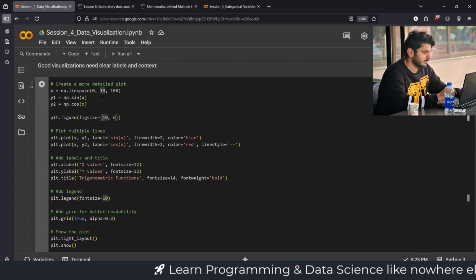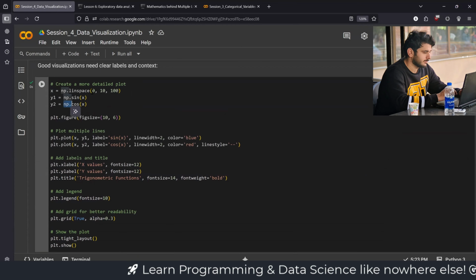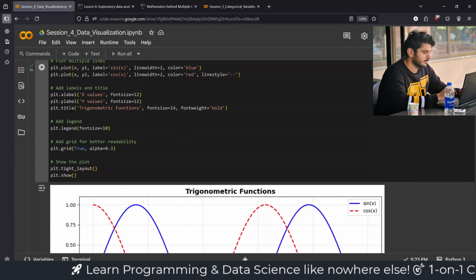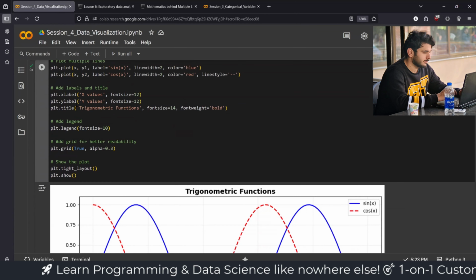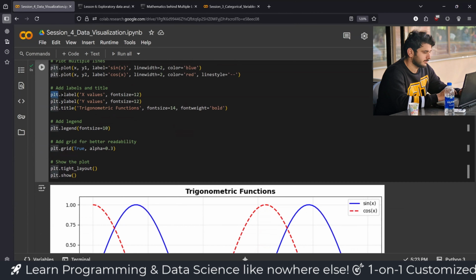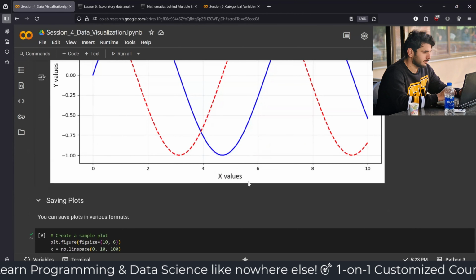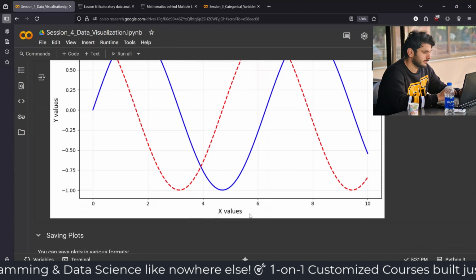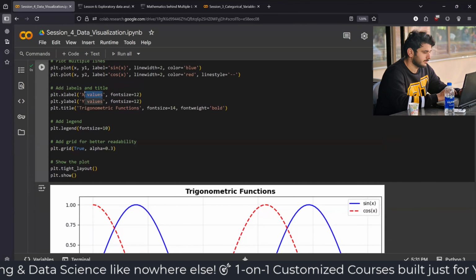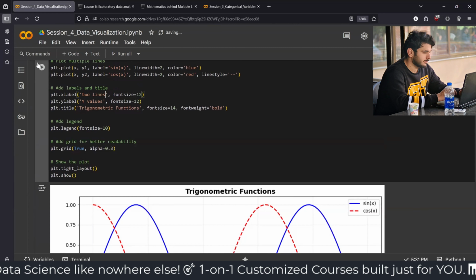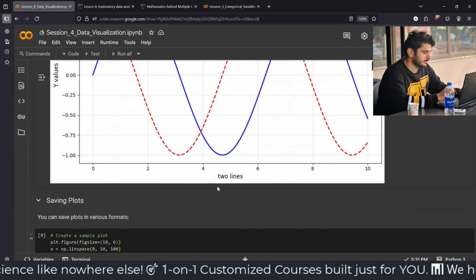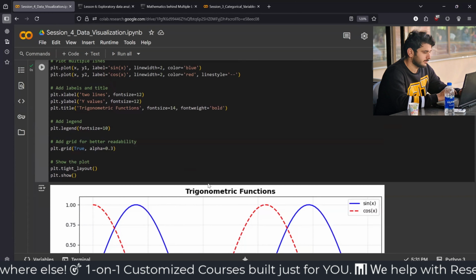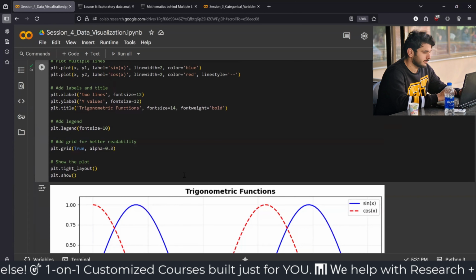But here, since we are creating sin x and cos x both from 0 to 10, it's going to be the same and we can use it, right? Now, in the introductory session, we understood that with plt.xlabel, we can modify what's appearing on the x-axis. For example, here we have x values. If we want something like two lines, we will see that. In the same manner, we can modify the y label and the main title,